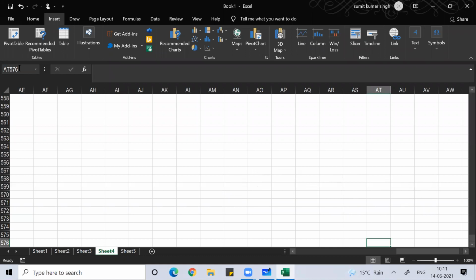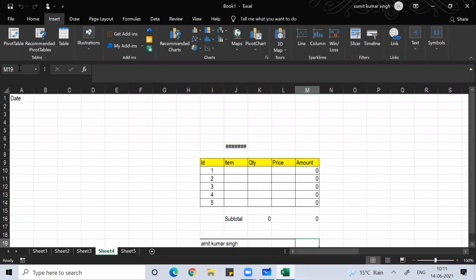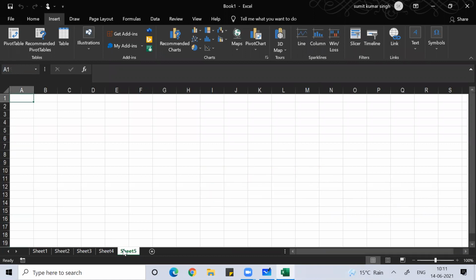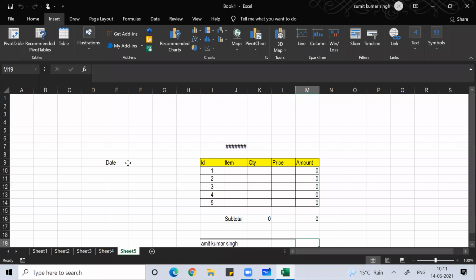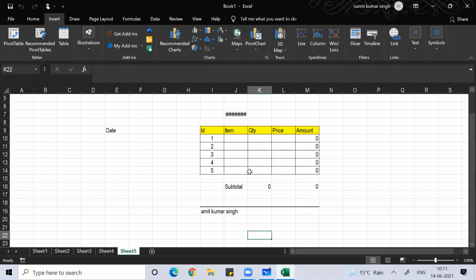The other way, you can press Control G. One minute.